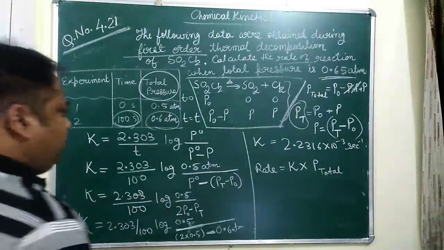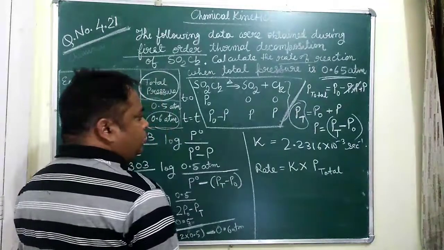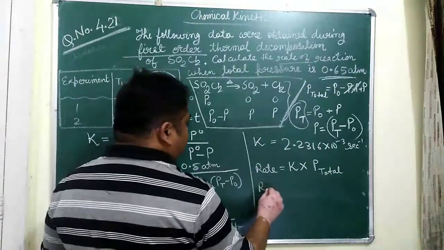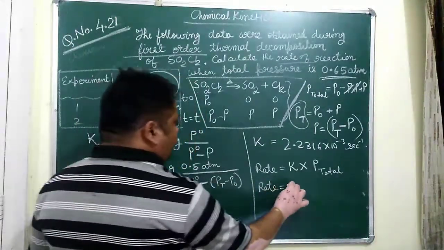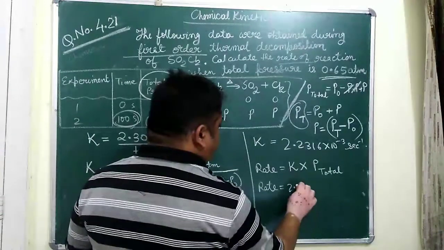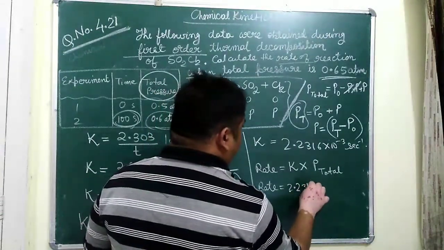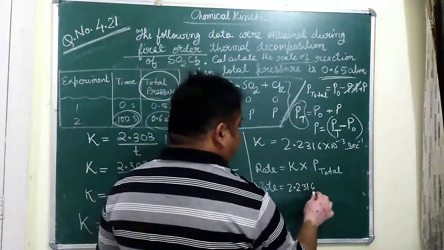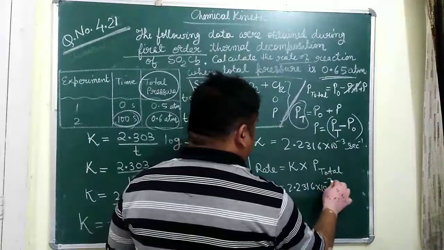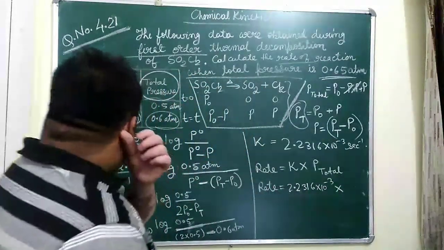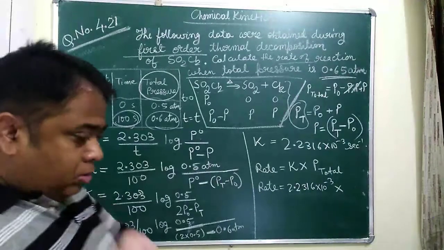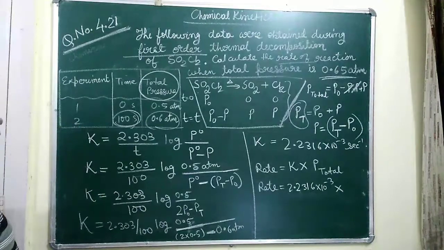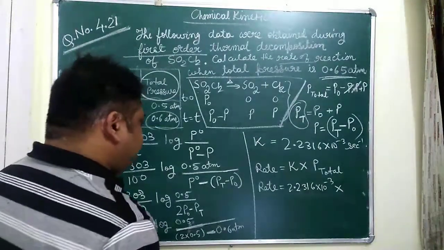So we can write here the value of K will be equal to 2.2316 into 10 to the power minus 3 multiplied by P total. The value of P total is given now. We can put the value and get the answer. So how much of P will be remaining now? The amount of P which will be remaining will be